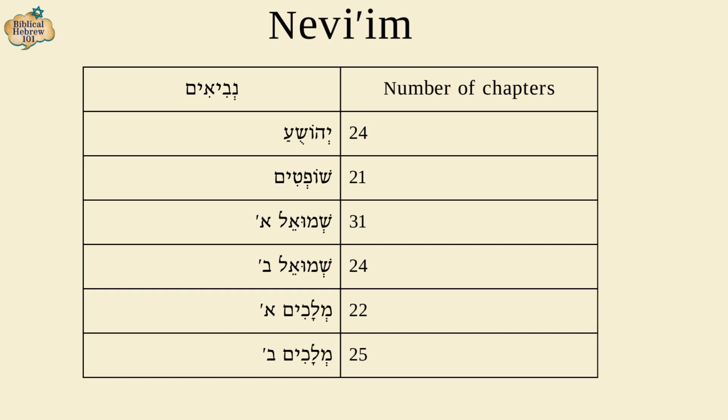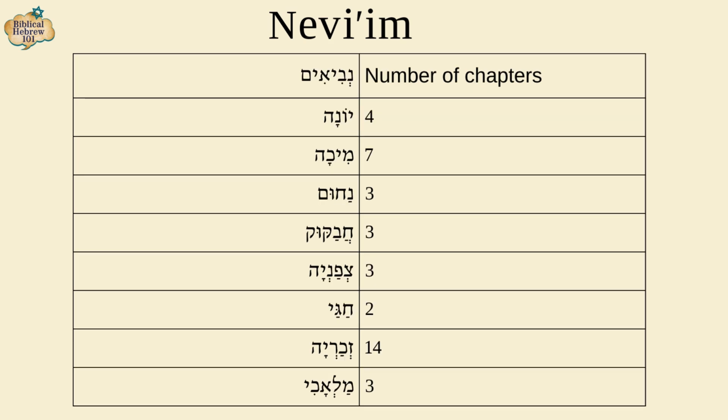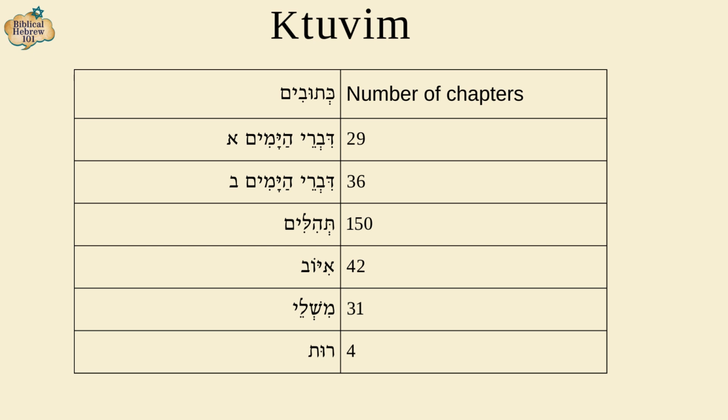Melachim Aleph, Melachim Bet, Yeshayahu, Yirmiyahu, Yechezkel, Hoshea, Yoel, Amos, Ovadia, Yonah, Micha, Nahum, Chavakuk, Tzfania, Chagai, Zechariah, and Malachi. Under Ketuvim, we have Divrei Hayamim Aleph, Divrei Hayamim Bet,